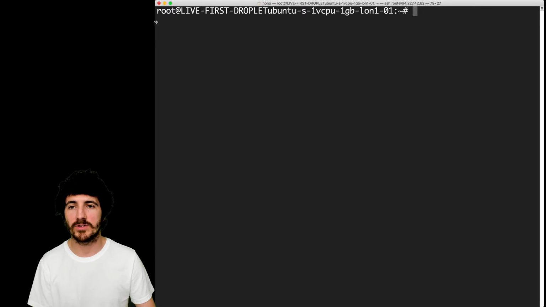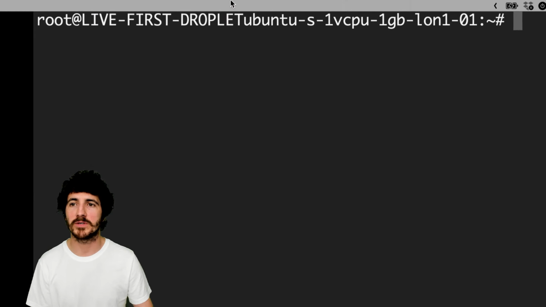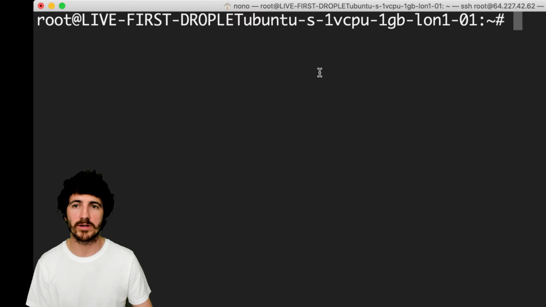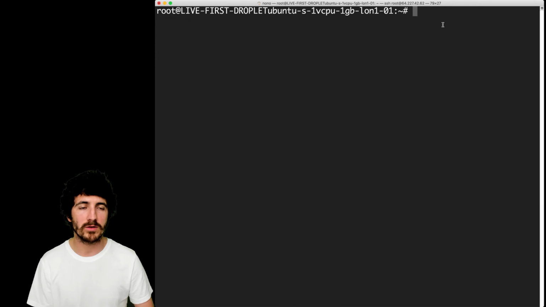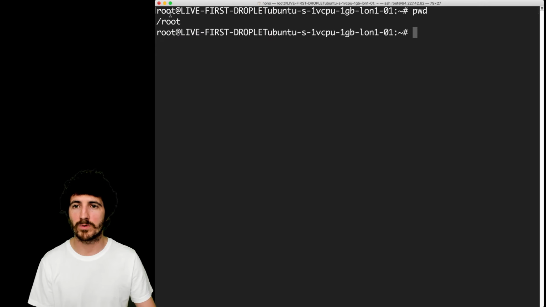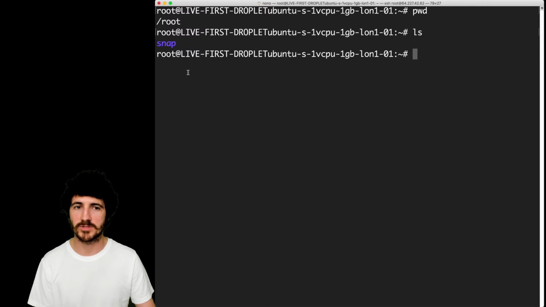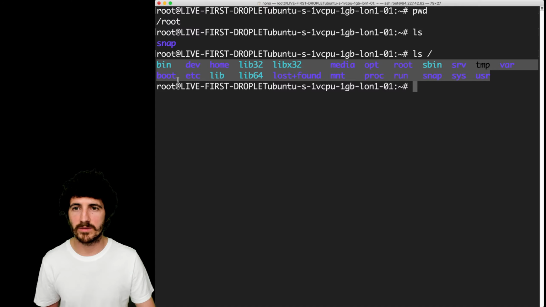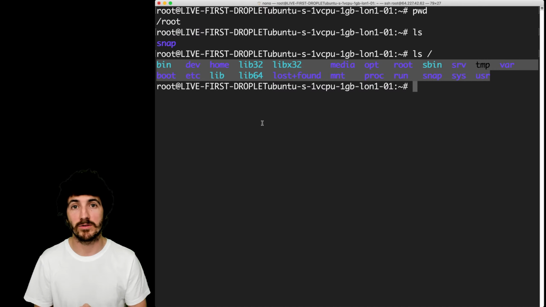So this is actually root, so this is not the Nono user anymore, and this is the name of the machine that we've created. This is a droplet that we created on DigitalOcean, and we can also do the same. So we could do pwd, so we know that we're at root, and if we do ls, we can see there's something there. So if we list everything on the root, we can see these things here, which actually are the base files that you will get in any Linux installation, right?